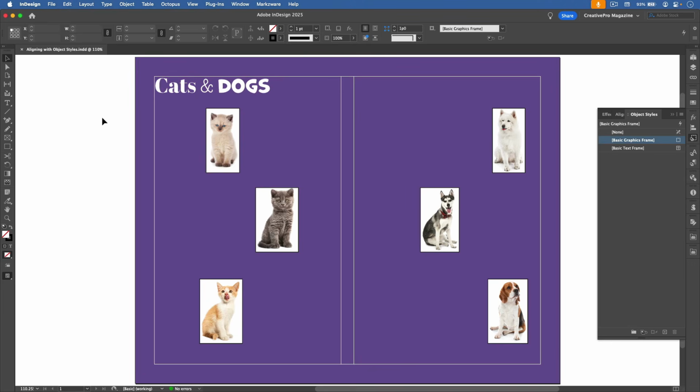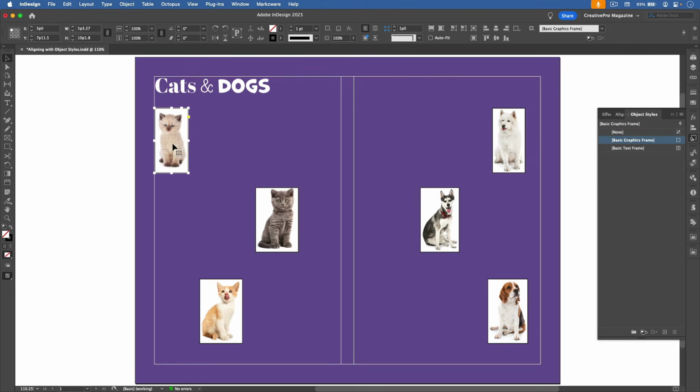position throughout the document. For example, let's say I wanted all my cat photos here to be horizontally aligned to the left of the first column, but the vertical position depended on the surrounding content. To create the object style for positioning my cats, I can take one and drag it to where I want them all to go. So I'll drag it over here to the left, and then I'll go to my Object